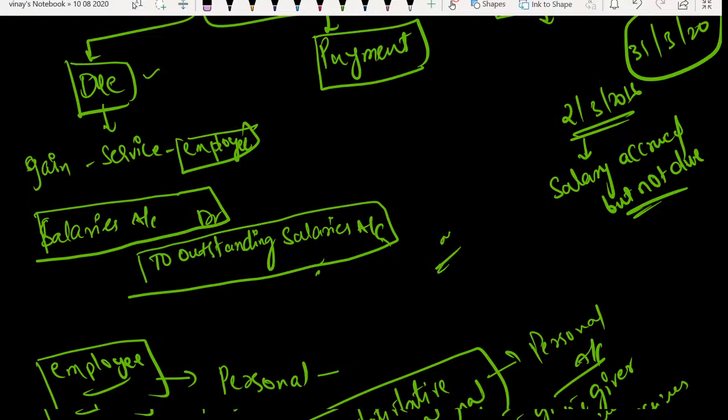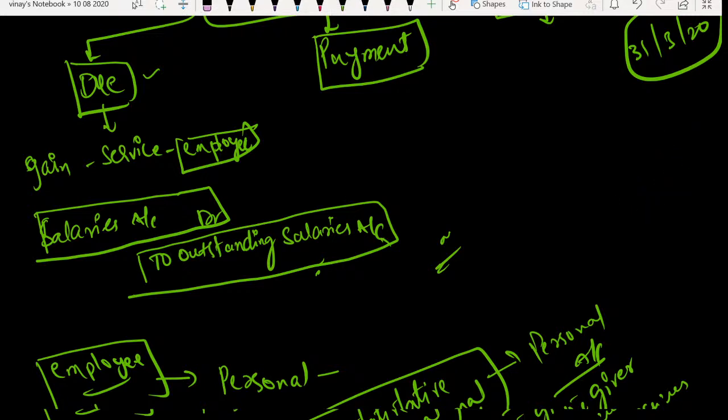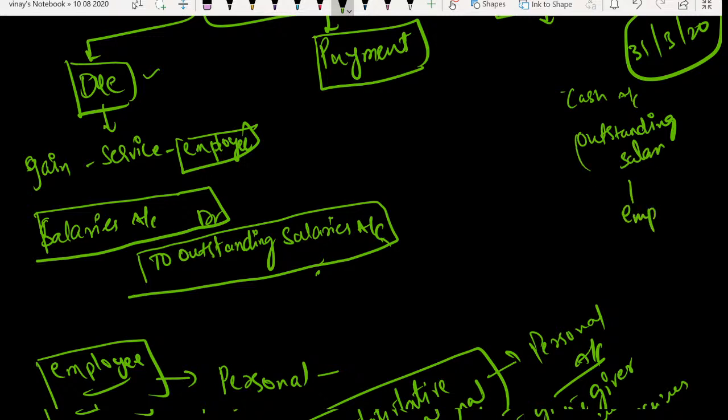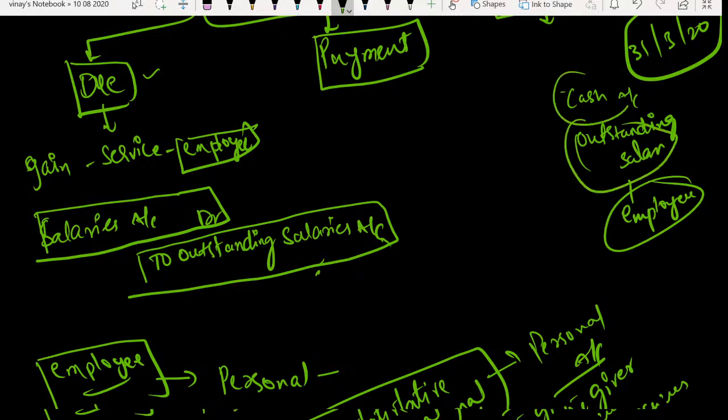Next part is a payment entry. Whenever you make the payment, maybe on the 10th, your payment will be done next month on the 10th. So what you're sacrificing here is cash. What you're gaining is your right back from outstanding salaries, which is nothing but from your employees. Instead of writing the employee's name, I was writing outstanding salaries. So you have two things, cash and this, and cash falls under real account,